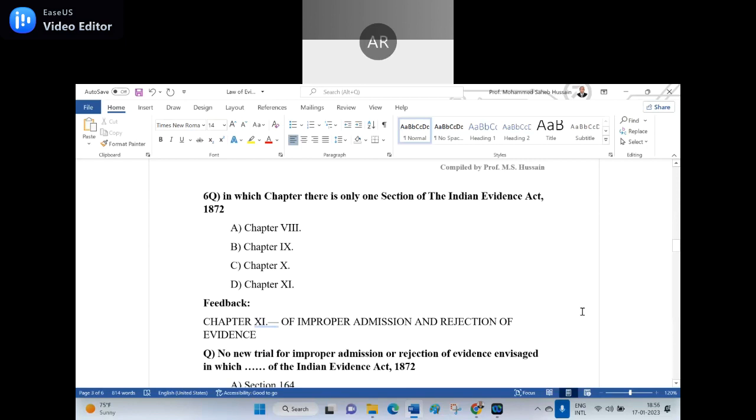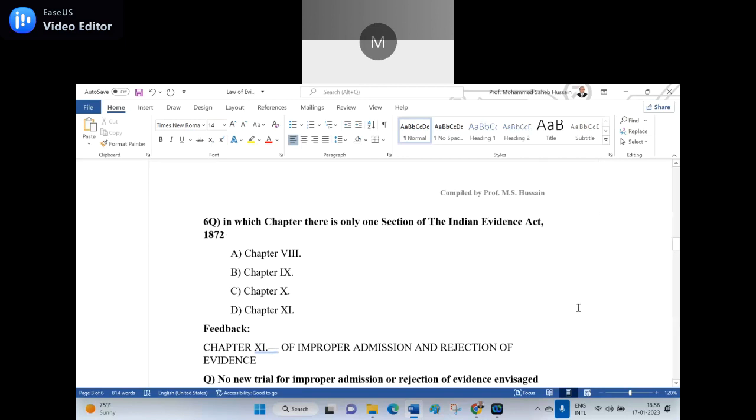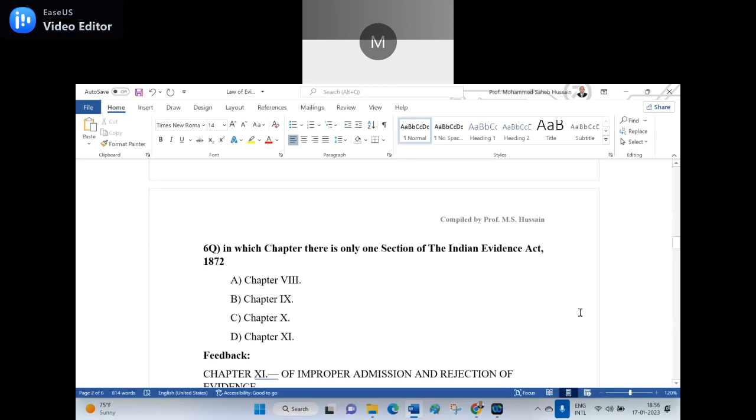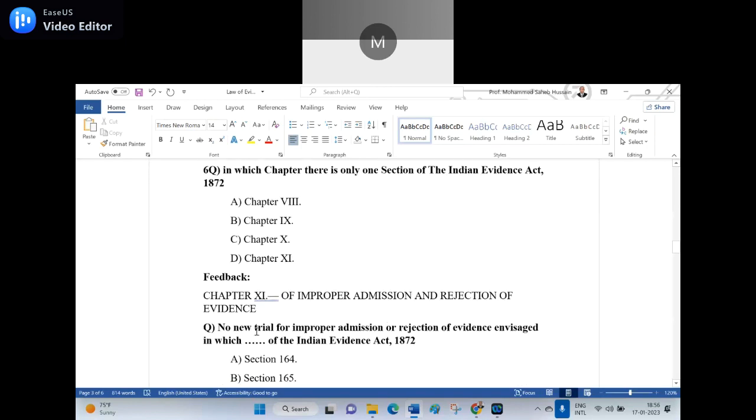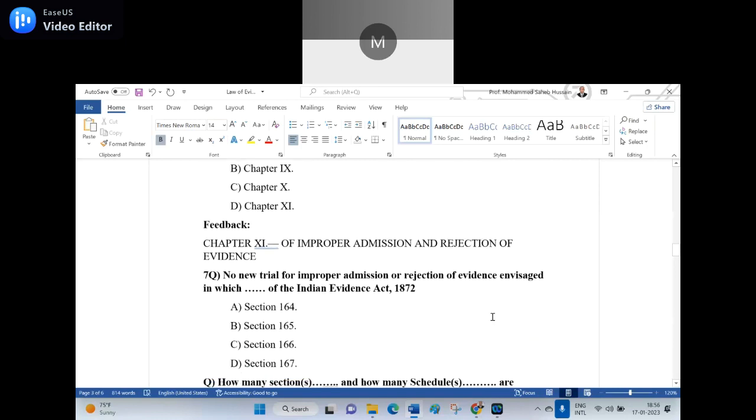Chapter 11th of improper admission and rejection of evidence. Can you tell me what is the section? 167, sir. I appreciate. Yes, it's the last section. 167 is the chapter 11. That is the right answer. Now the seventh question is, no new trial for the improper admission or rejection of evidence envisaged in